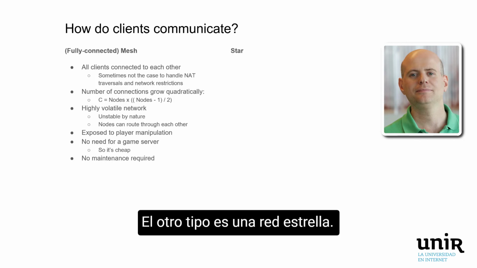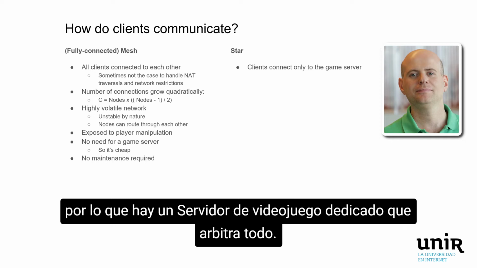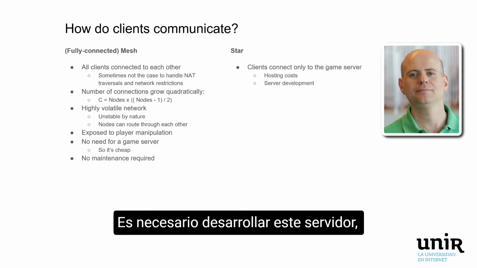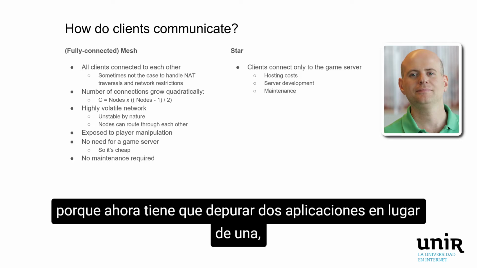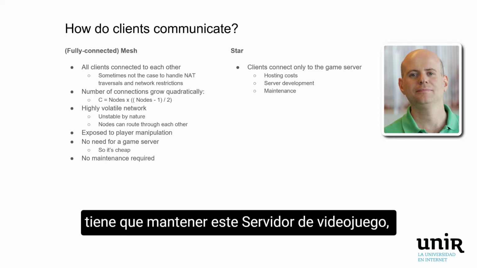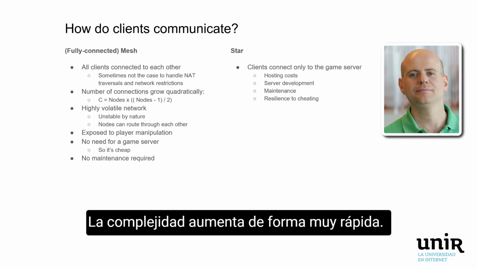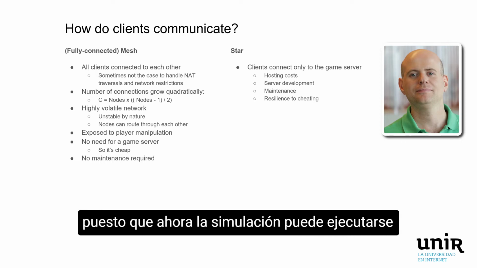But the other type is having a star network. Okay, in a star network, the clients connect only to the game server. Okay, so there is a dedicated game server that arbitrates everything. Obviously, you will have to pay for this game server to live somewhere. You need to develop this server, and also it makes things very complicated for your development team because now they have to debug 2 applications instead of 1. You need to maintain this game server, you need to patch it, you need to test it. The complexity explodes very quickly, but it brings strong resilience to cheating